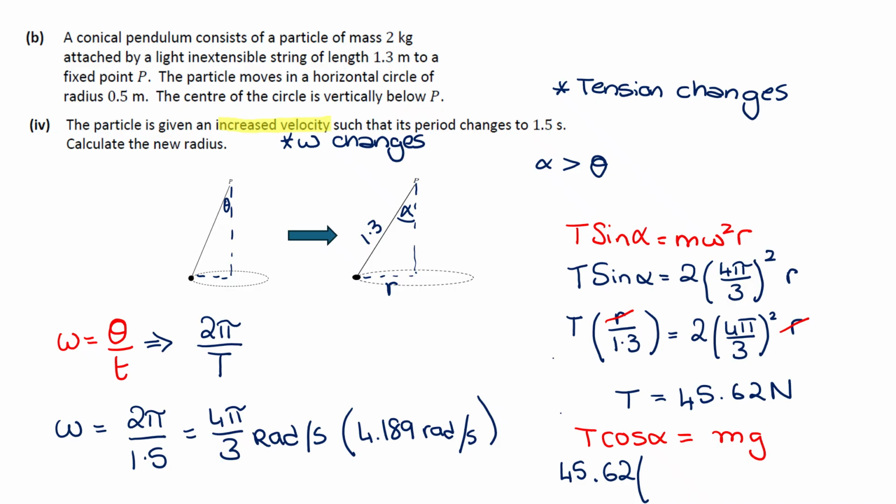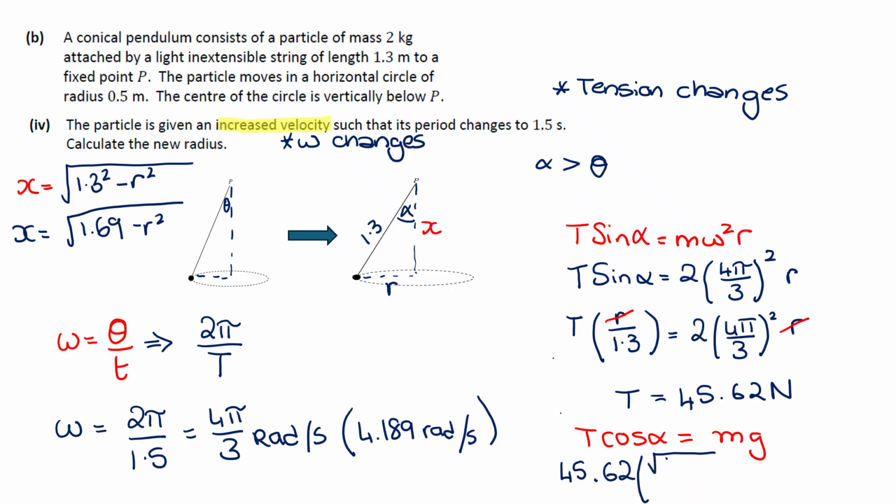Let me put an x here. So x will be equal to the square root of 1.3 squared minus 4 squared. That's going to be just Pythagoras rearranged. So that is 1.69 minus r squared, 1.69 minus r squared all over 1.3. And then that's